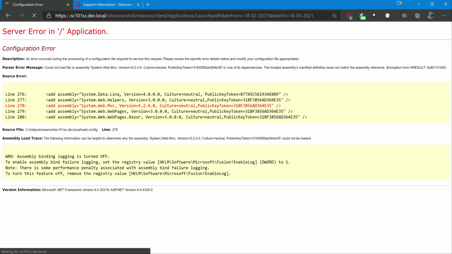Most of the time this ASP.NET MVC version is the only trouble, because Sitecore is still using 5.2.4, but when you add a new ASP.NET MVC project to the solution, it adds 5.2.7 by default. That's the latest one for that series. So give it a moment, because the DLL got deployed.